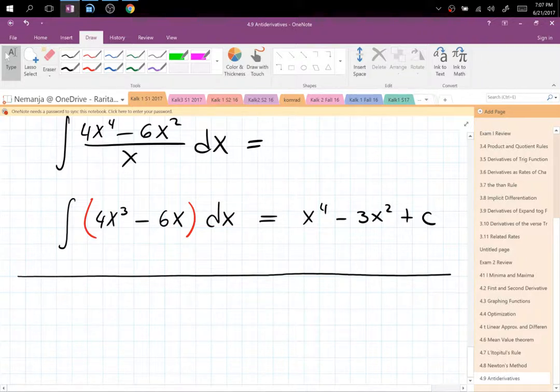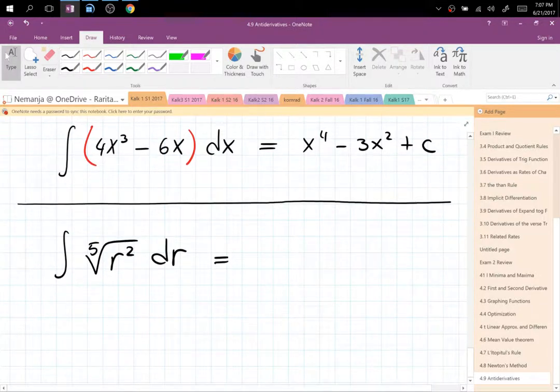Ooh, this is a good one. The 5th root of r squared dr. Nice thing about these is people actually